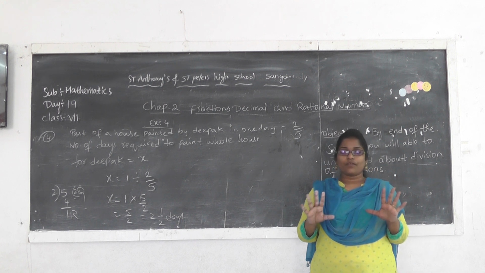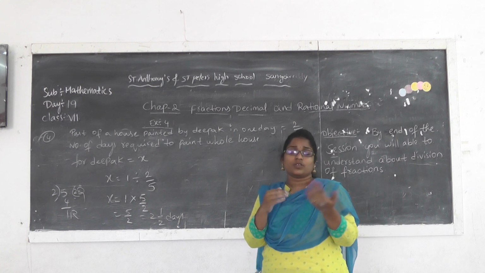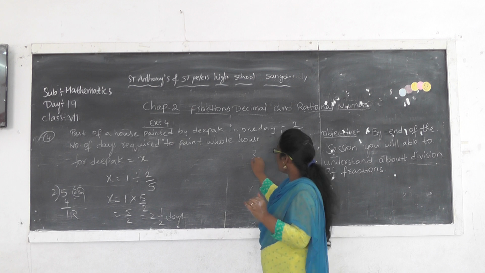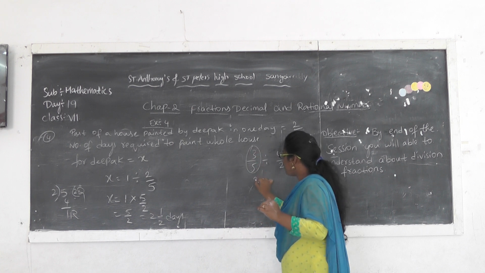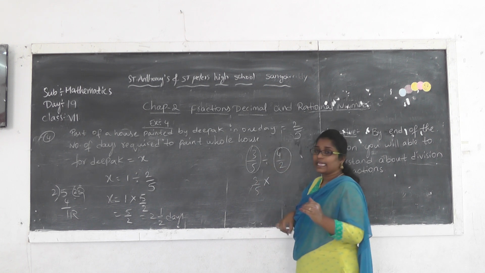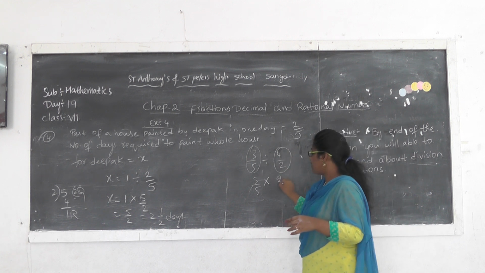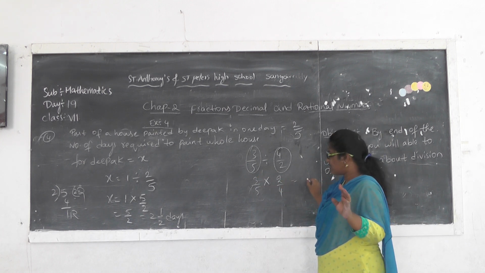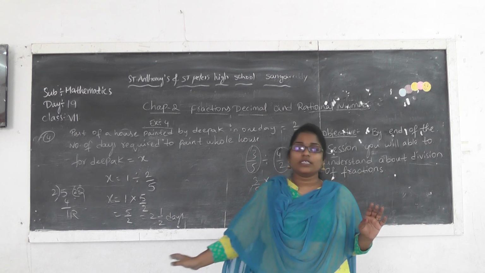So how do we do division of fractions? It is very simple. Division of fractions is just the inverse of multiplication of fractions. When we are doing division of two fractions, first we write the first fraction as it is. Next we change the second fraction into its reciprocal by interchanging. That means 4 by 2 becomes 2 by 4. Now we just have to multiply. 3 twos are 6, 5 fours are 20. So in this way you have to do the division of fractions.